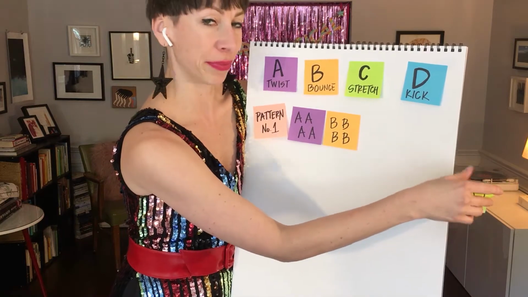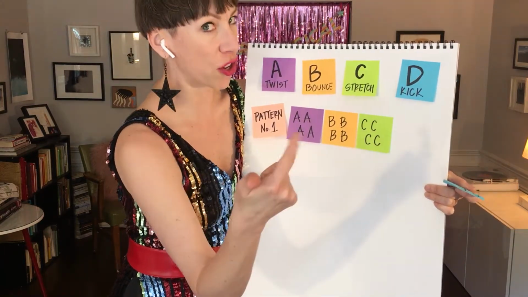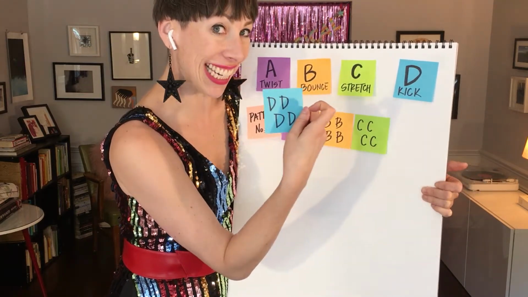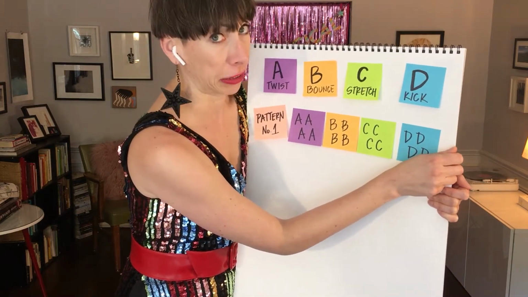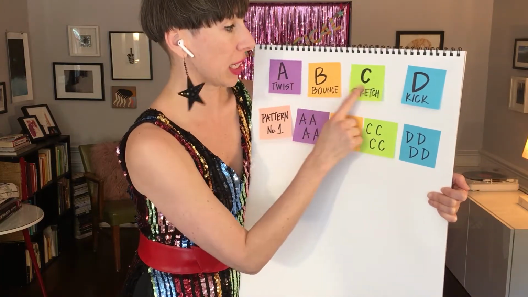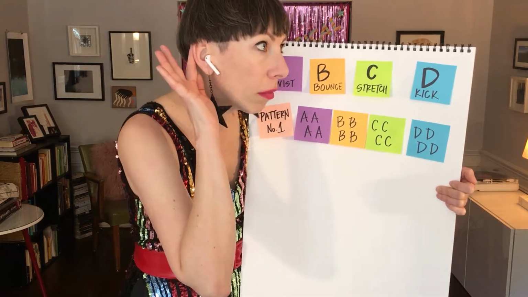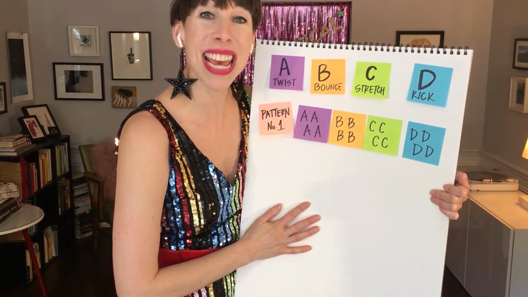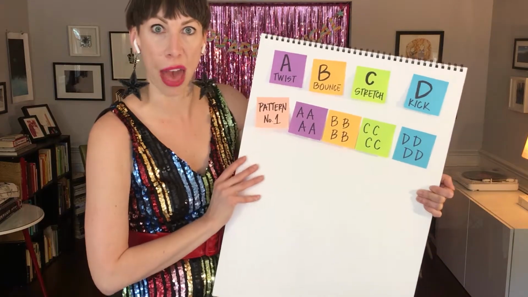And then, oh, four C's. And then we'll stretch, stretch, stretch, stretch. And then four D's. We'll kick, kick, kick, and kick. Okay, so we have four of each of our moves. This pattern, can you guess what it is? That's right. It's repetition. So we're going to keep repeating. We'll repeat each move 4 times. Let's try it out together.